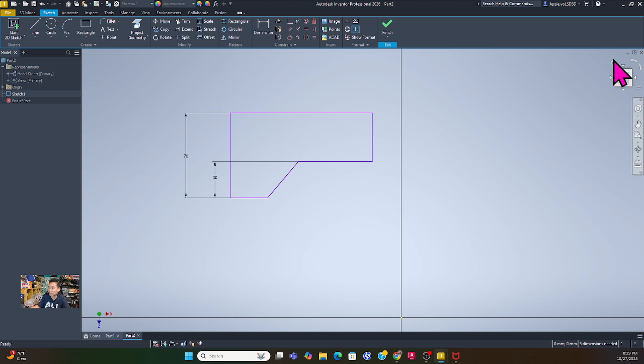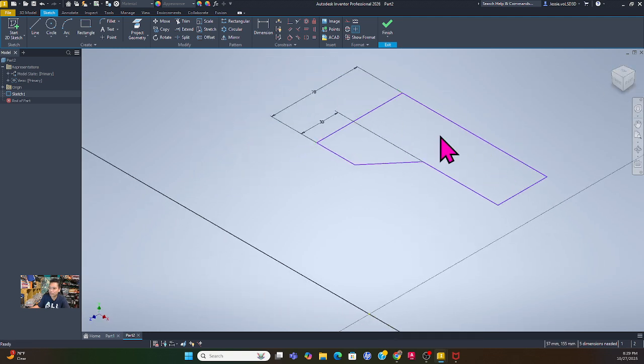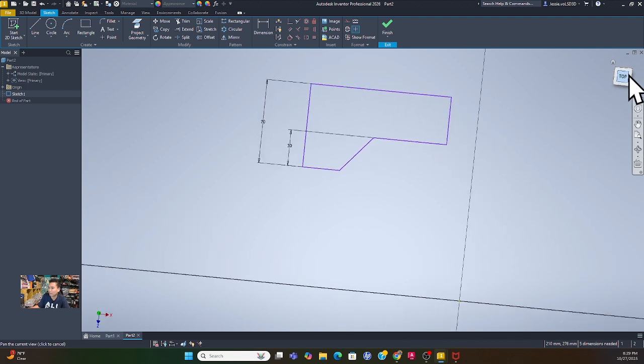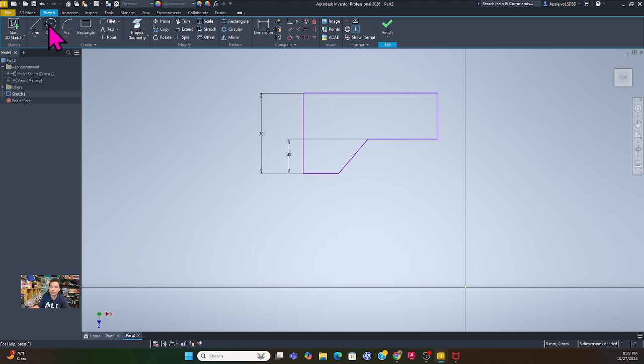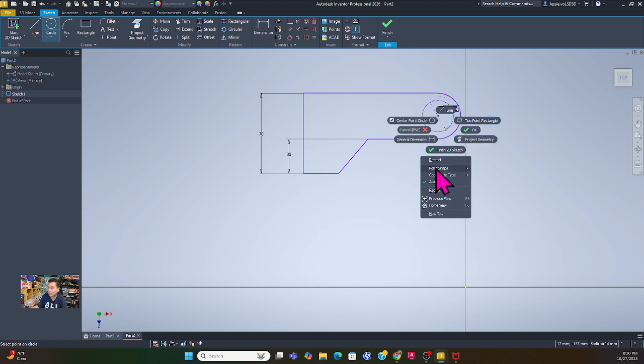All right, so as you can see now, if I click on the house, that's how the shape looks kind of like, right? All right, I'm going to go from the top view again. Here I'm going to go to my circle here, and I will find the center. Just snap into that point, hit escape, and then I'm going to trim that as well. And then I'll go to the next one. I'll take this one, and before I do the dimension, I'm going to right click, and then I'll do